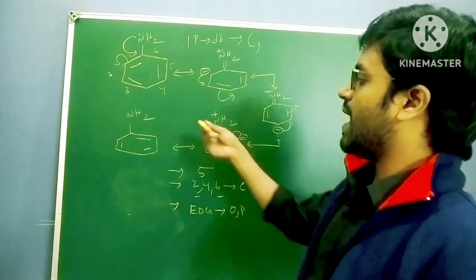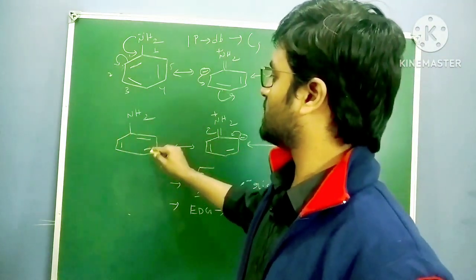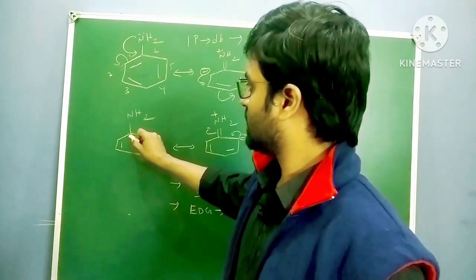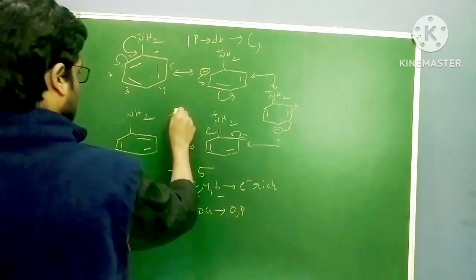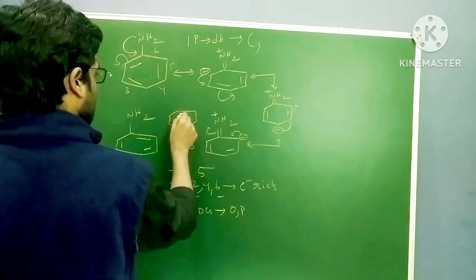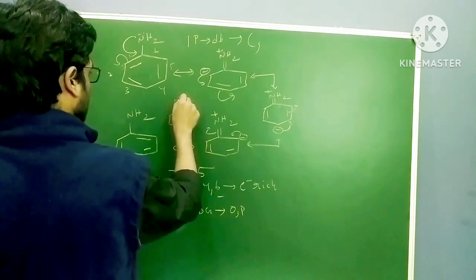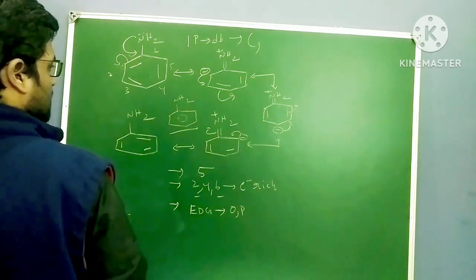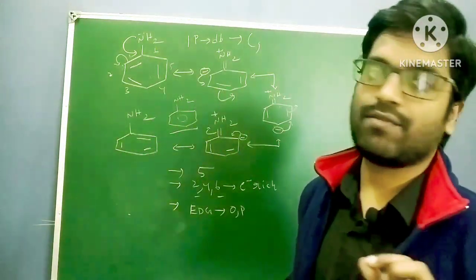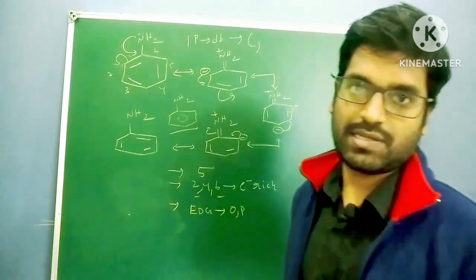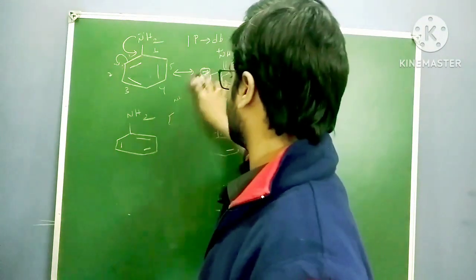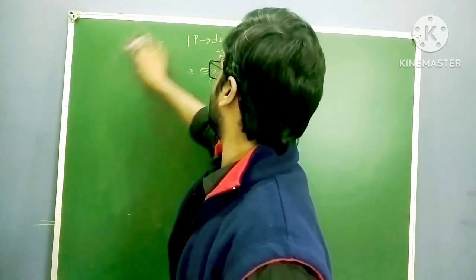These are the conclusions. And the hybrid structure, everywhere there is a double bond, so I can write the total structure like this. Okay, this is the hybrid structure. So this is how you have to write the resonance structures. Okay, so there is no complete single bond, there is no complete double bond.